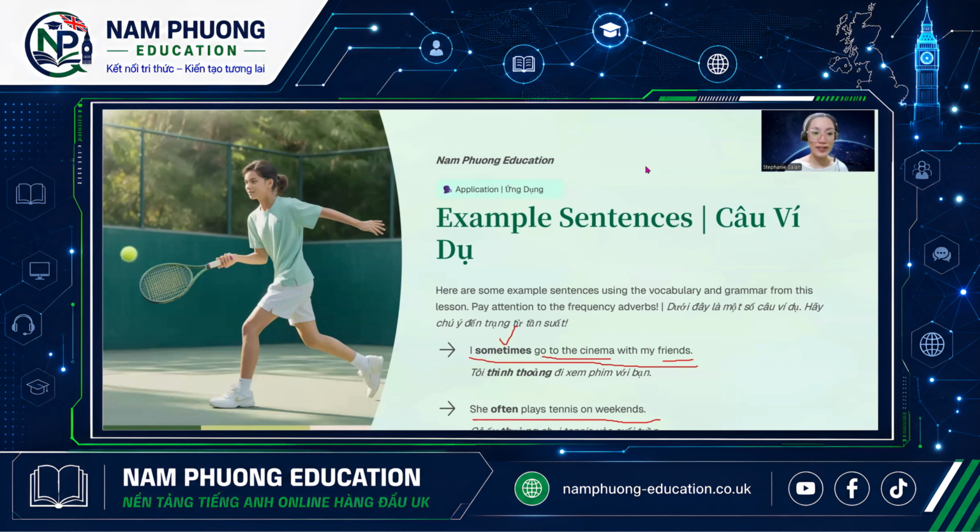Okay, good. Notice that our subject is she. So we add, that is right, we add S to the verb play. So from play, it becomes plays. One more. They never watch TV. They prefer reading. Please repeat. Good. Now in the sentence, the word never tells us that they do not watch TV at all.